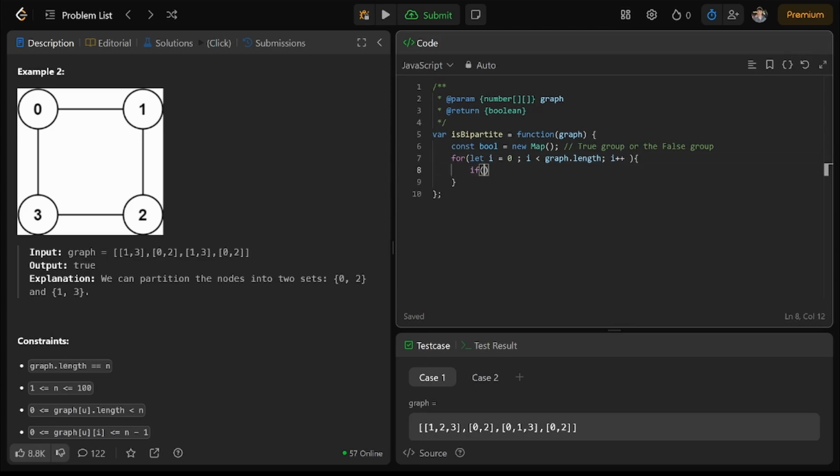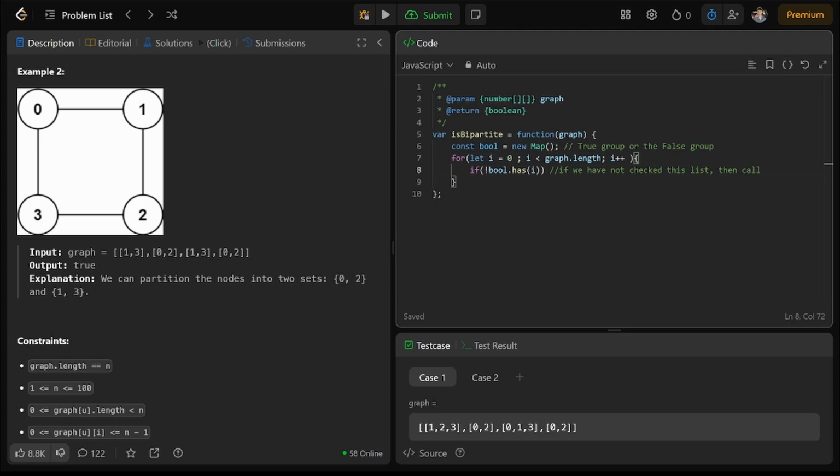And if we have not added it, so if bool does not have that nested array, then we want to check it. So if it has not been checked, if we have not checked this adjacency list, or this list, then